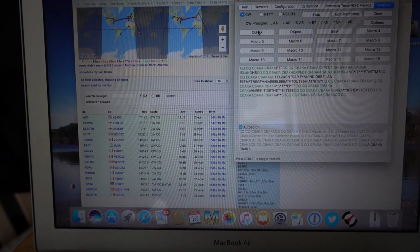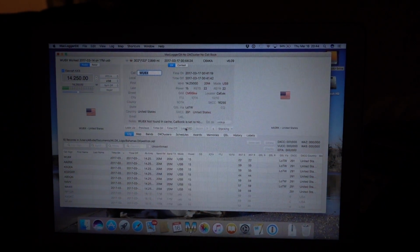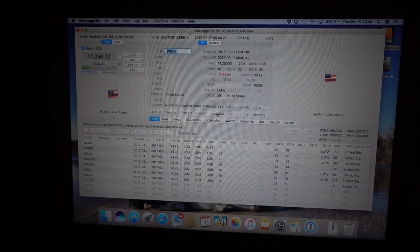Now, I'm not going to make any claims that this thing is some miracle, but I did make several contacts on, what was it? 17 and 20 meters. Made several contacts there. It wasn't easy, but I made the contacts. I tried on 40 meters. I mean, I gave it a huge shot on 40 meters. I could not